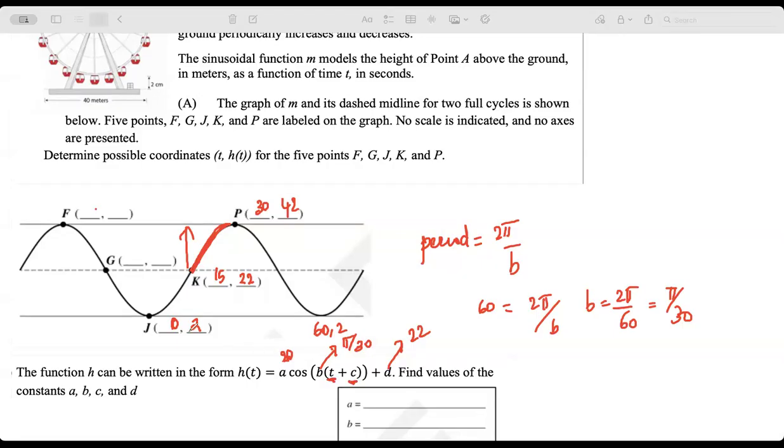If you want to find out C, I would start from 0, comma 2. C is your phase shift, right? So basically for a cos curve, at point 0, this is how I find out. So at point 0, for a cos curve, I always start with the highest, because at point 0 it is the highest amplitude of 1, right? So I would have started from here, but it started here.